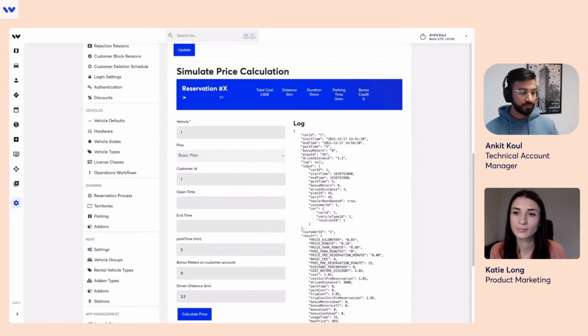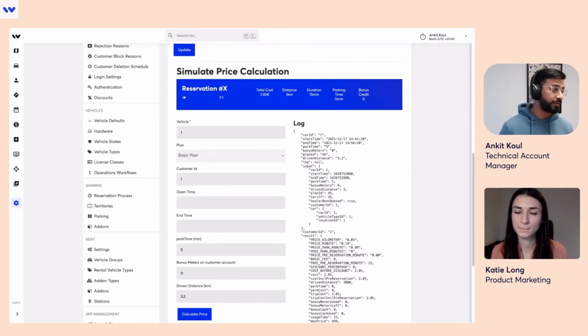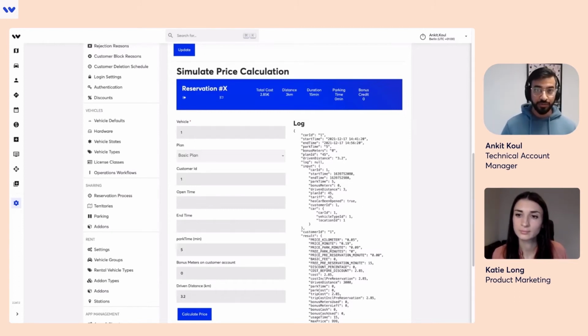Yeah. So global pricing is fairly easy. You just have to change it in the backend settings. But let's say your revenue logic or your business case is more complex than simple minute-based or distance-based pricing. Then we also have a question and answer sheet about how your pricing should look, in which we basically have some questions for the operator, where the operator answers these questions and we get a logic of what they want to do.